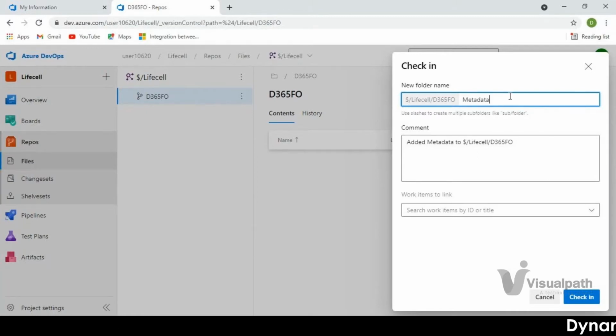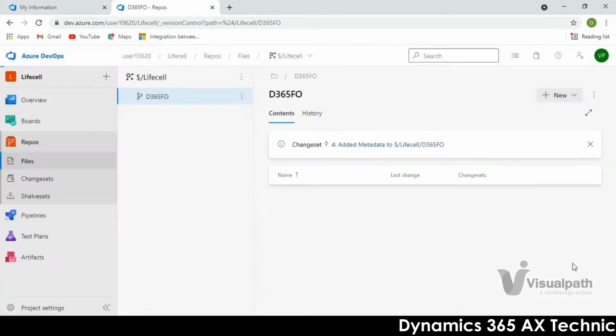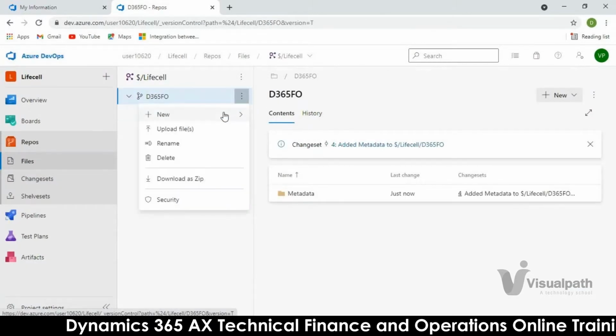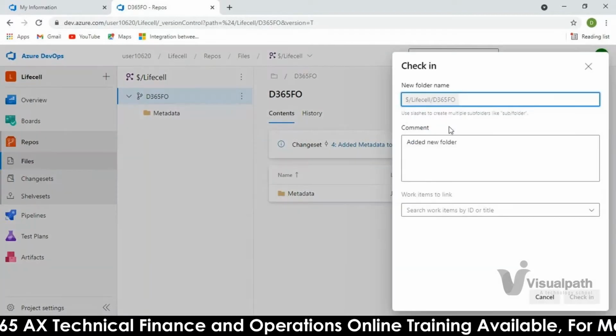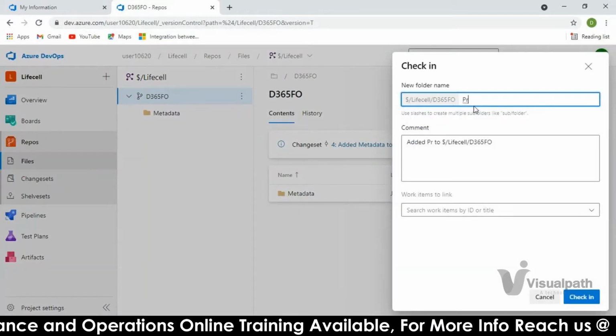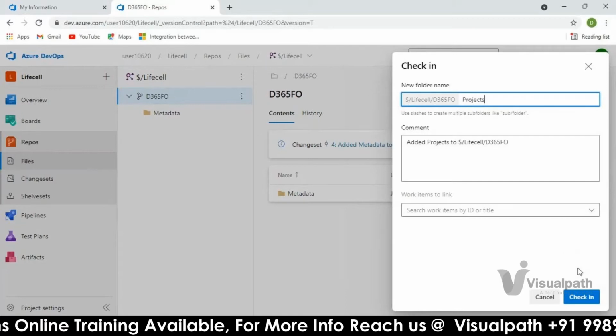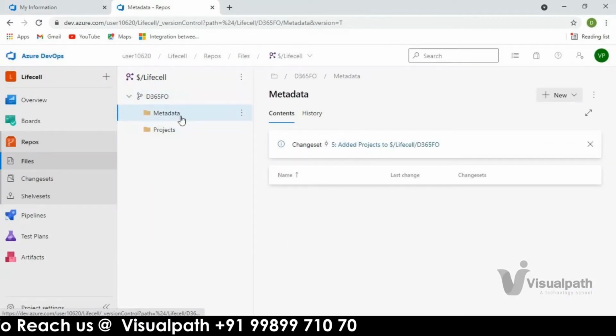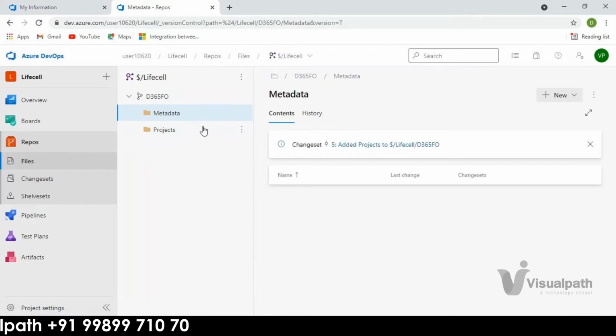We will map this metadata folder to that package local directory. And the second folder is for holding our projects. These are the two folders. We will map it there.